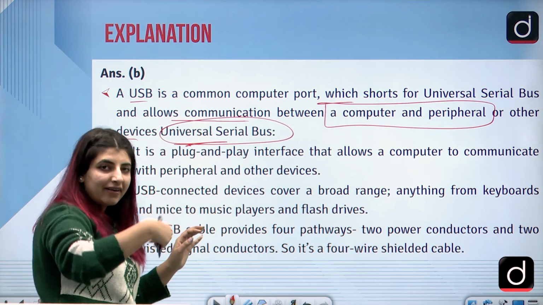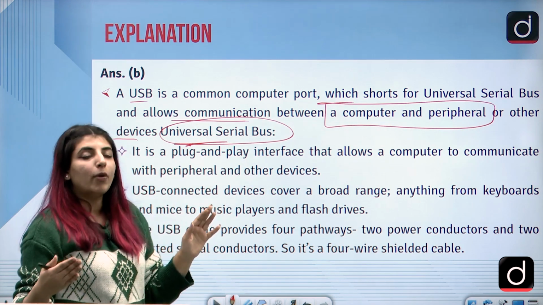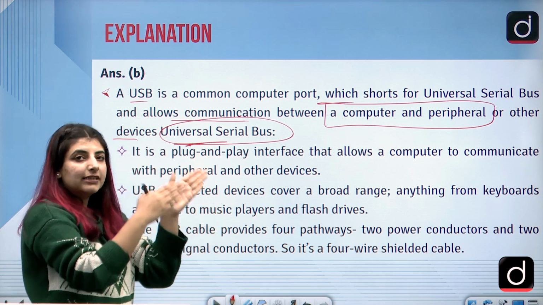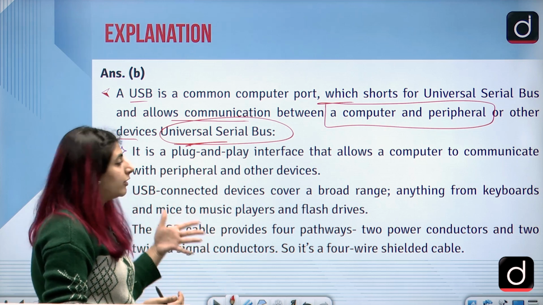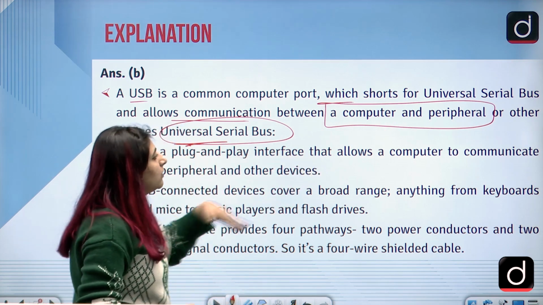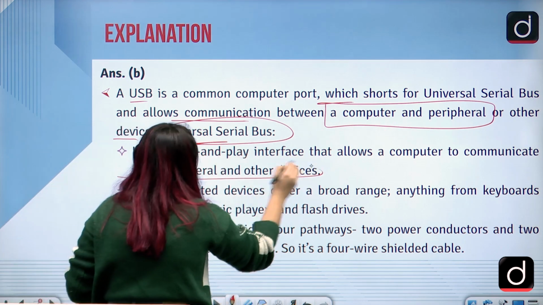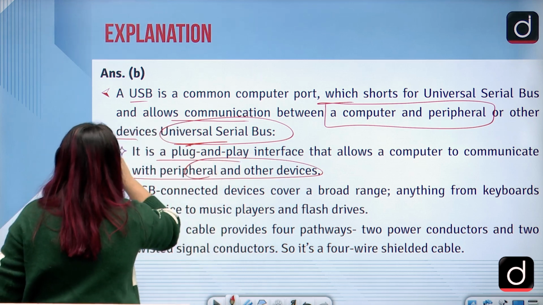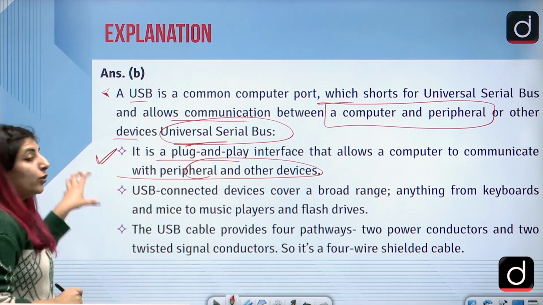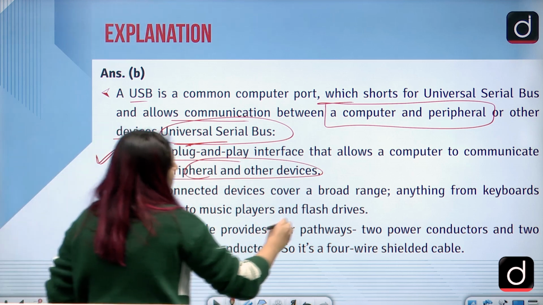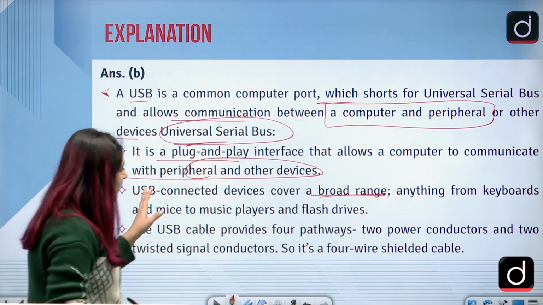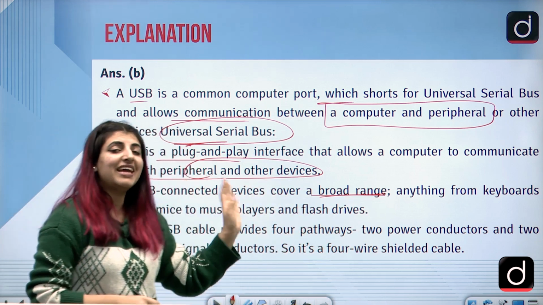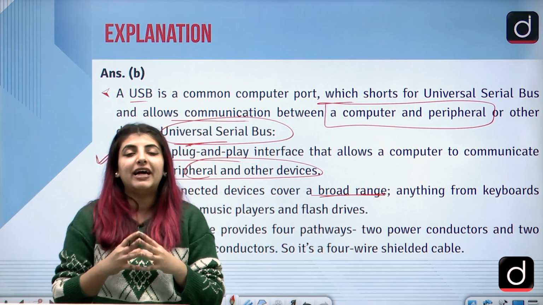So you plug in a pen drive and then you play, and you move or copy files from the computer to your pen drive, and then from your pen drive you can place it somewhere else, right? It allows the computer to communicate with peripheral and other devices, hence obviously it is a plug and play device. USB connected devices cover a broad range. Anything from keyboards and mice to music players and flash drives can be used with the help of USB,